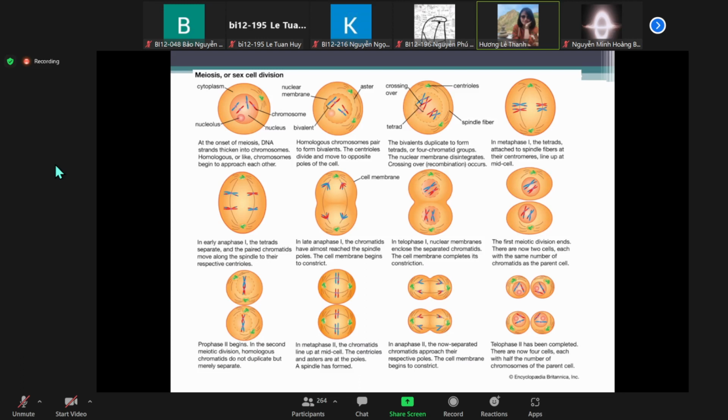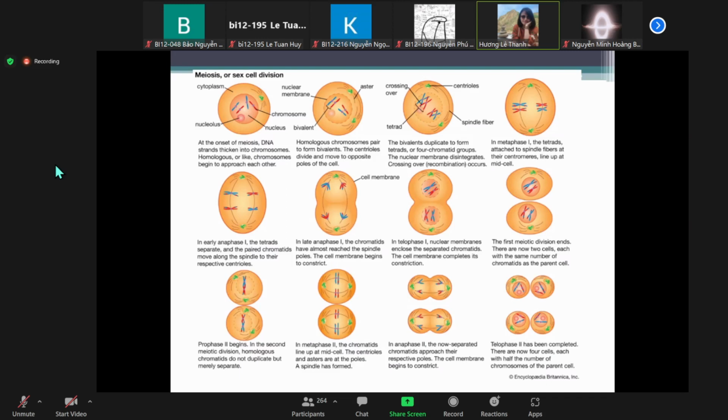It means that the chromosomes are identical, one from the mother, one from the father. We call them homologous, or they just look the same, and they begin to approach